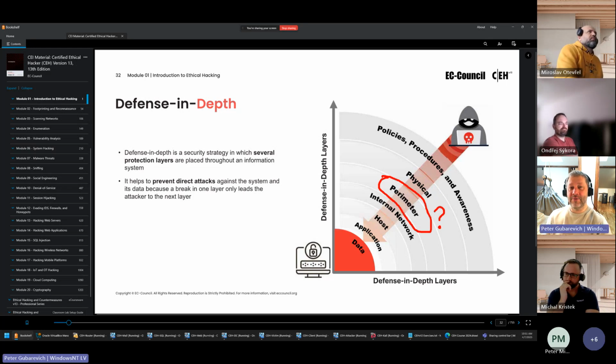Okay, it's everywhere, almost everywhere. If I use my mobile phone to access company data, this is part of the perimeter. If I use my laptop to access company data, this is part of the perimeter. If I use my home PC to access company data because of remote work, this is also already part of the perimeter. And then